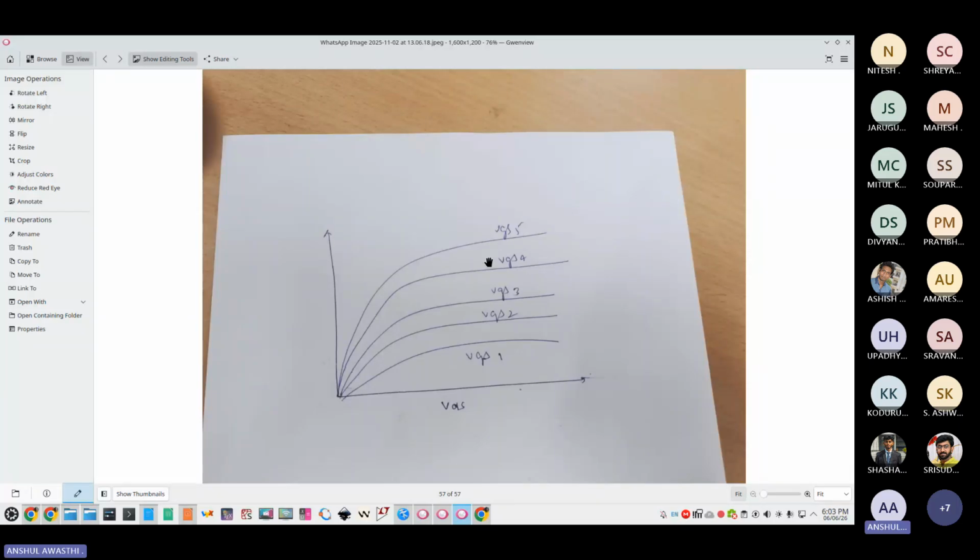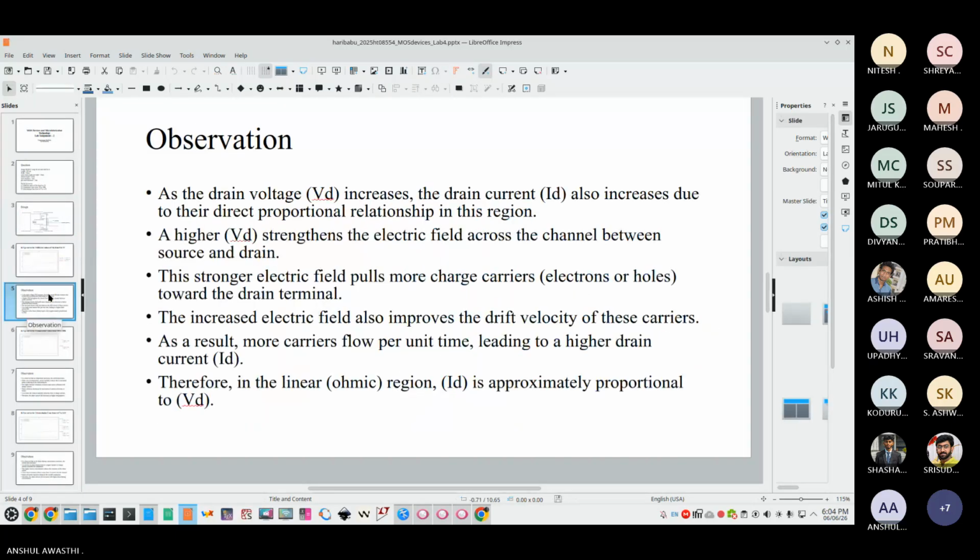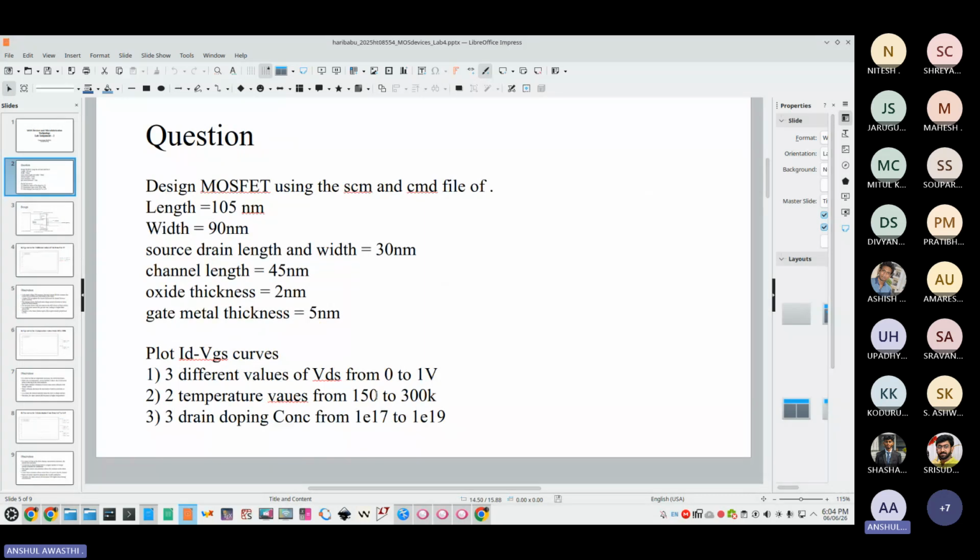So what we can see, if I open the presentation, Alak. Basically we have to see the variation in the current with respect to drain to source voltage, with respect to gate to source voltage, and also with respect to temperature. For example, if the temperature is 150 degrees, what is the value of current? If we go on increasing the temperature to 300 Kelvin, whether the current is increasing or decreasing, you have to see,